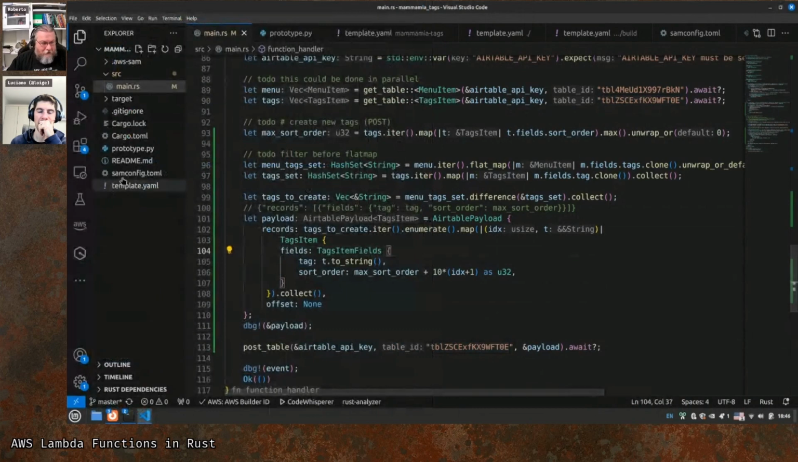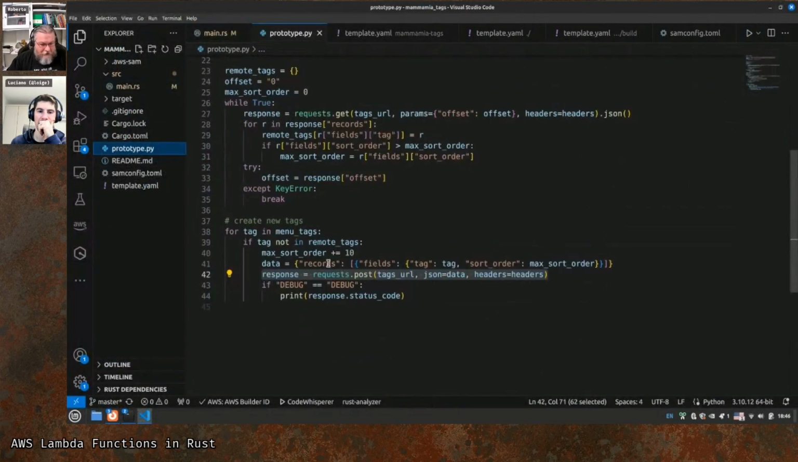And I took it from here, so it is here. Now, what was Python doing? Python was just creating records, fields, tag, and the sort order, which was posting JSON with those data, headers, and